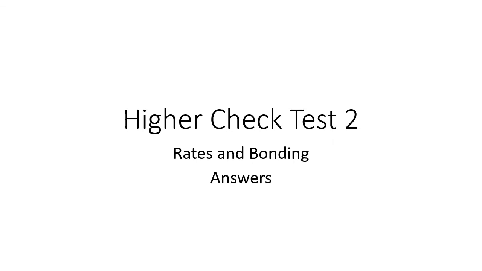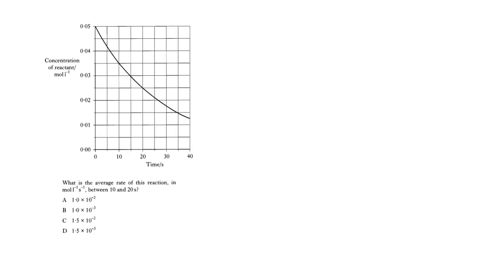So this is a video going over your check test, which covered the topics of rates and bonding. And bonding, that means the traditional types of bonding, intermolecular bonding, or van der Waals forces as they're known, and also polar, non-polar bonds and molecules. So our first question in the test was, what is the average rate for this reaction between 10 and 20